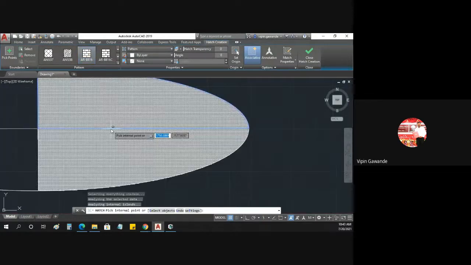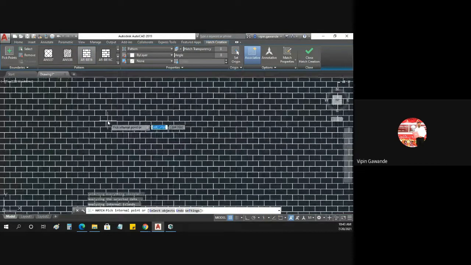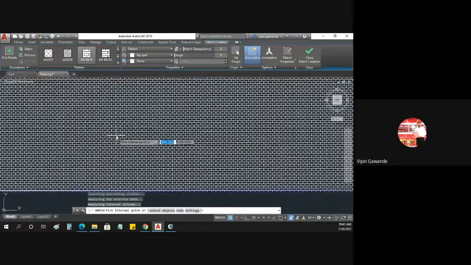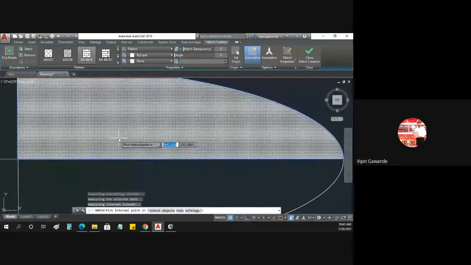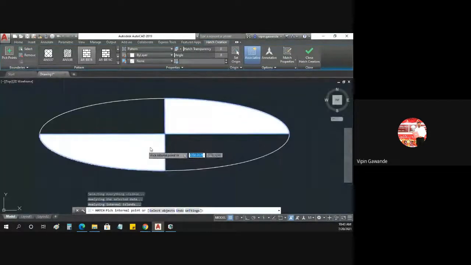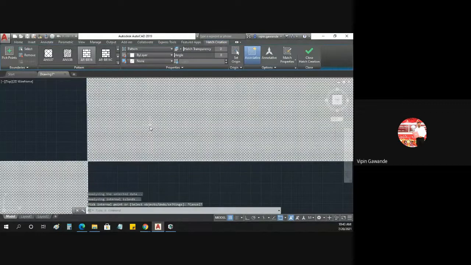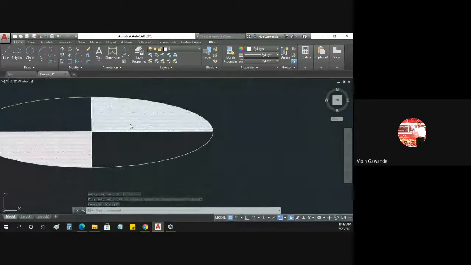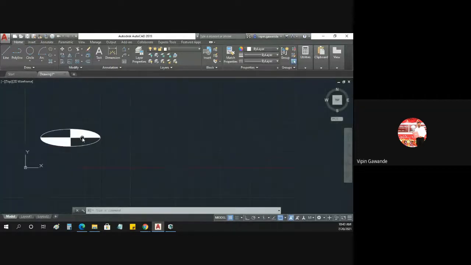See, this is because these textures are very small. These are the brick texture, and it comes something like this. I'm taking the brick texture in this part. Here also we can take the brick structure. Like this, this is the brick structure I have selected. Suppose this is our section, something like this.